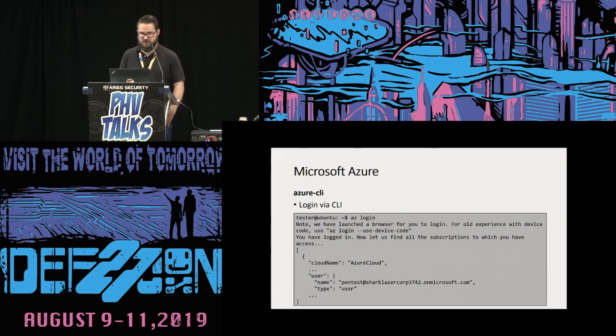You'll get a bunch of output here. Azure is very noisy with its output. You'll get the cloud name that you've just logged into, as well as the Microsoft ID that you've used, and the role type that you have, or sorry, the user type that you have. And we can see here our audit account, pentester at